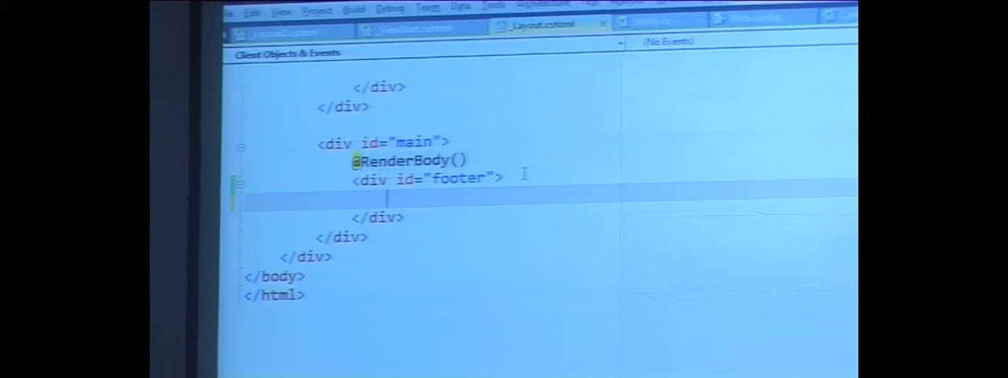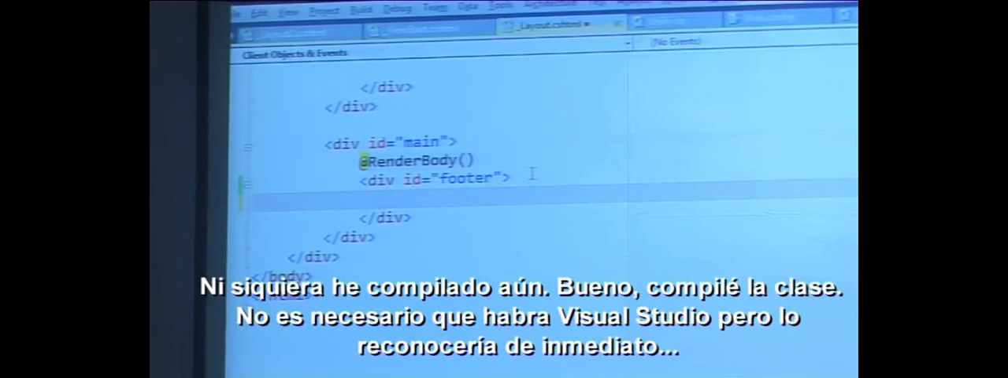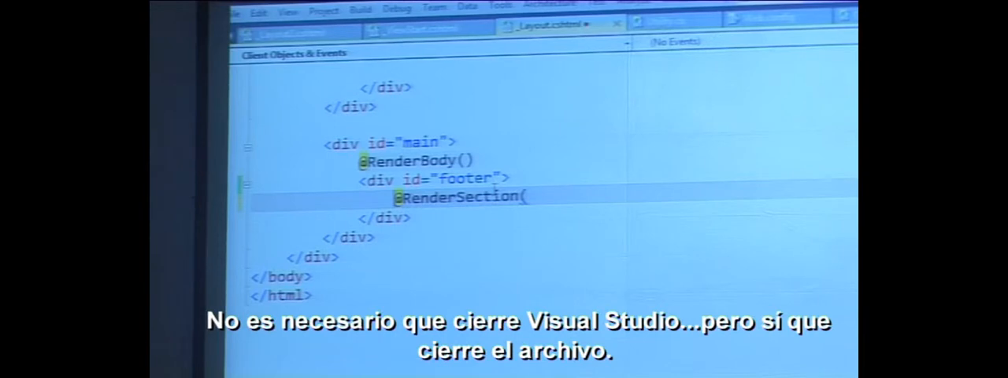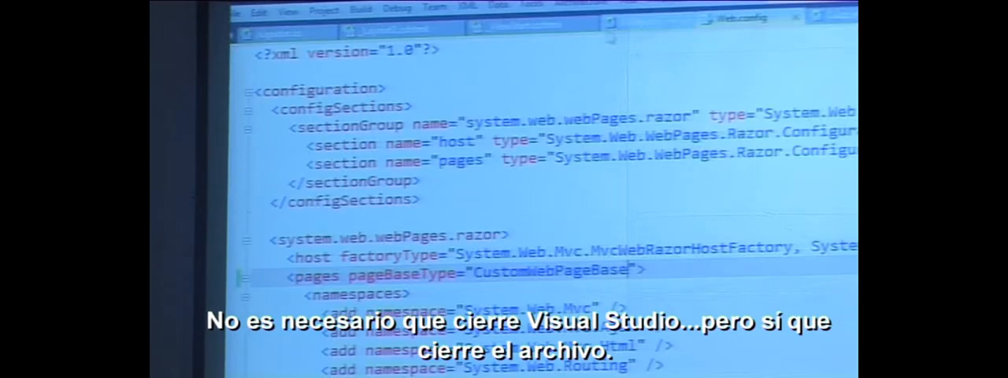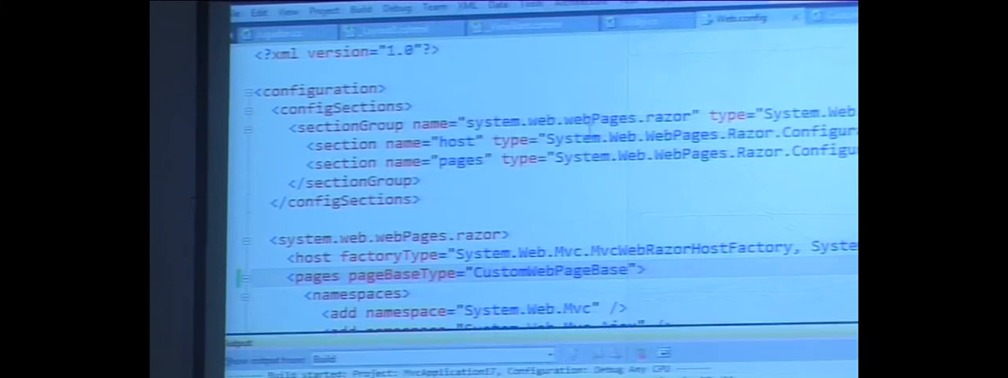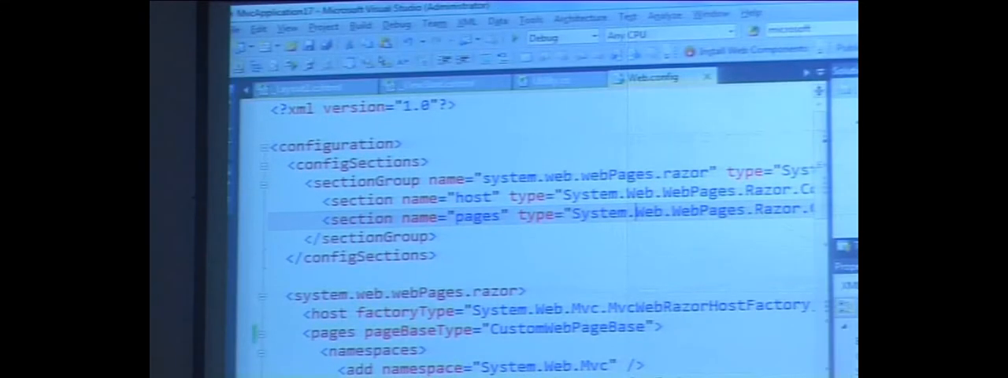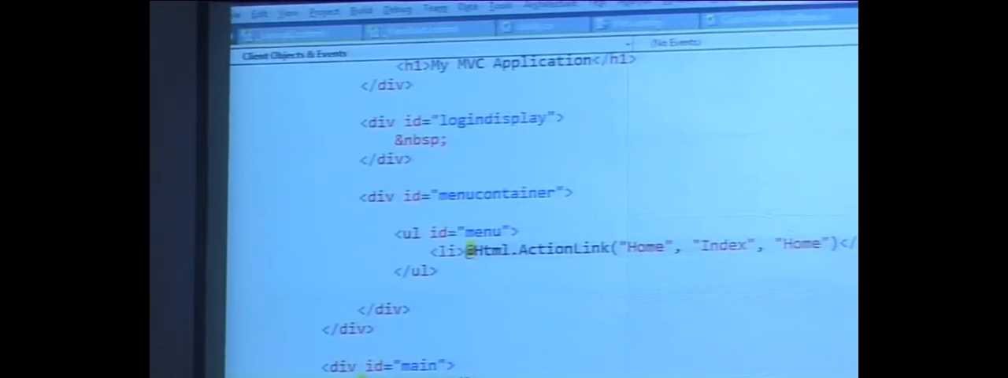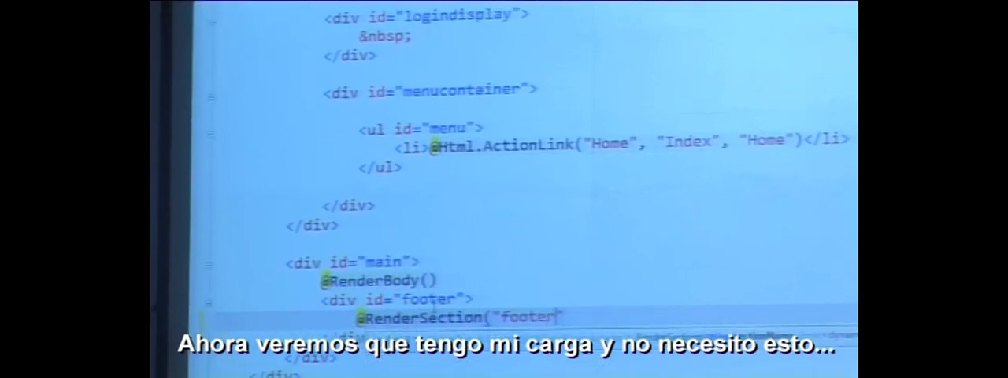And here's the cool part. So I haven't even compiled yet, right? Well, I compiled the class. I better make sure I compiled. But I didn't have to close and reopen Visual Studio. It's going to recognize this immediately. Or not. Oh, you know what? I know what. Okay, I didn't have to close Visual Studio, but I do have to close the file, CustomWebPageBase. I guess we didn't go that far, but. So now we can see that I have my overload now, and I don't need the this, and I can call footer, comma,